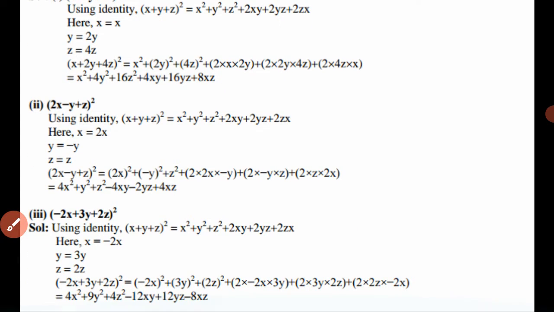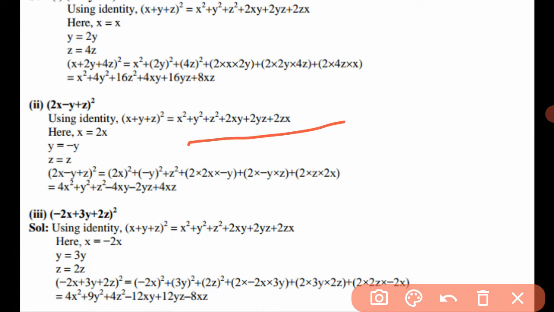Now in the same way second part is also. So here also we will use the same identity. By using the same identity, here value of x will be 2x, value of y will be minus y, value of z will be z. Now by putting these values,